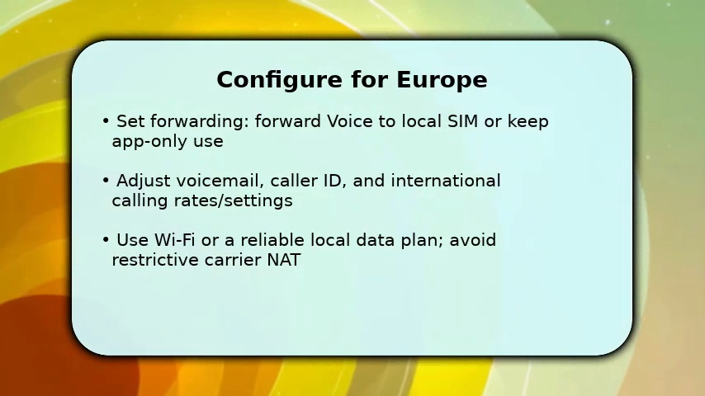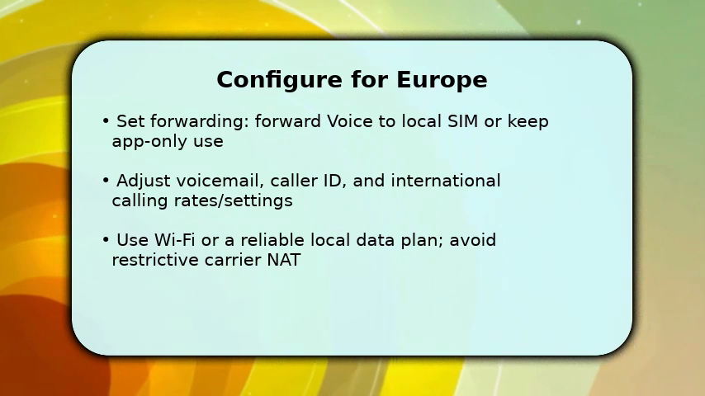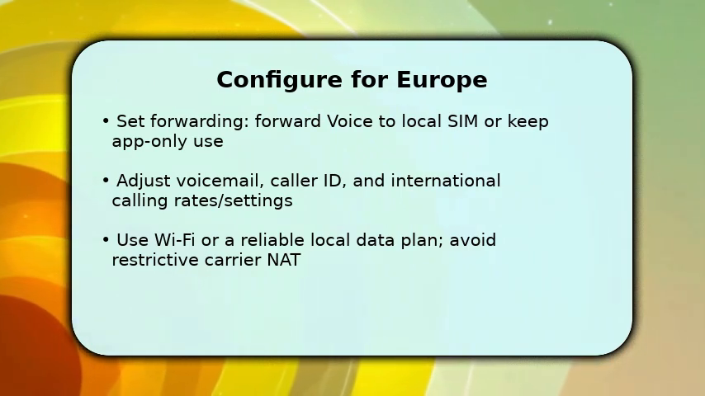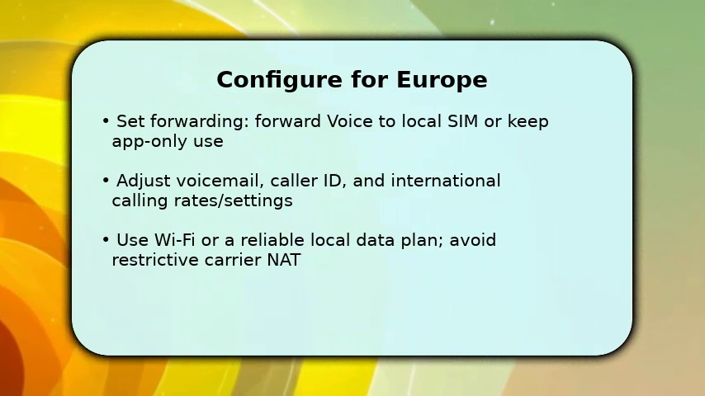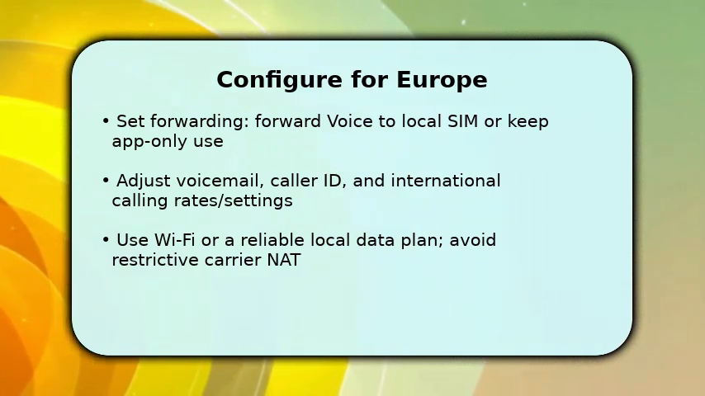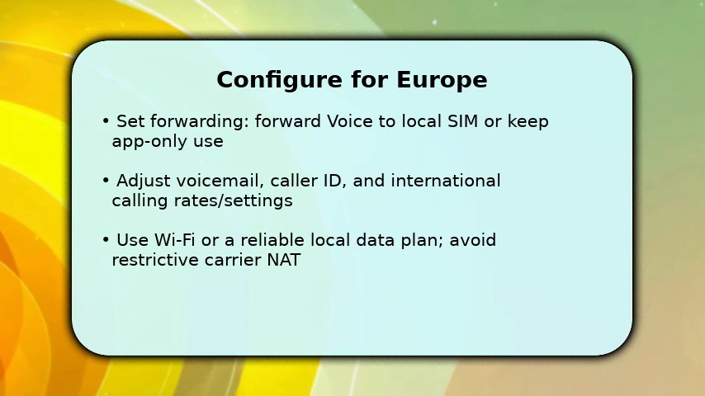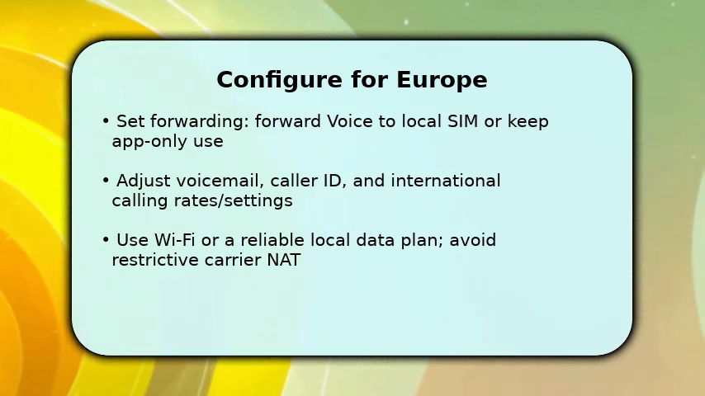Next, configure how calls reach you in Europe. Forward Google Voice to a local SIM if you want cellular fallback, or keep calls inside the app to save on roaming. Once set, tweak caller ID, voicemail greetings, and confirm international calling credit or payment method to place outbound